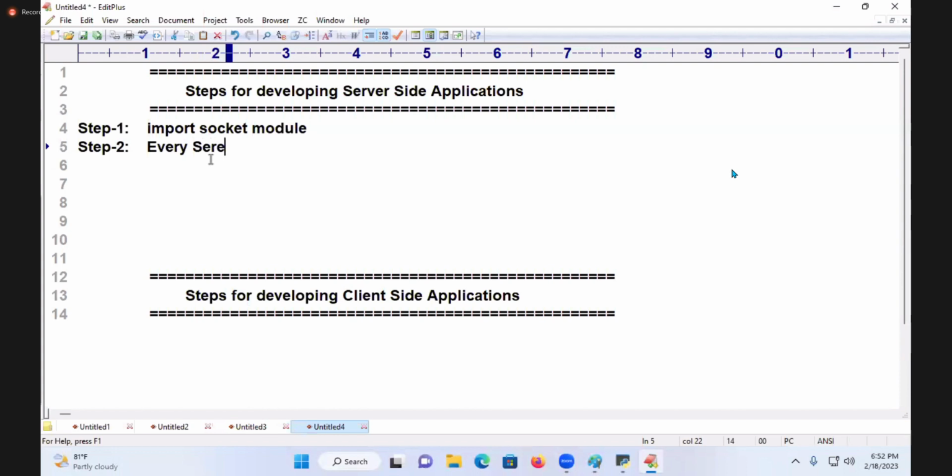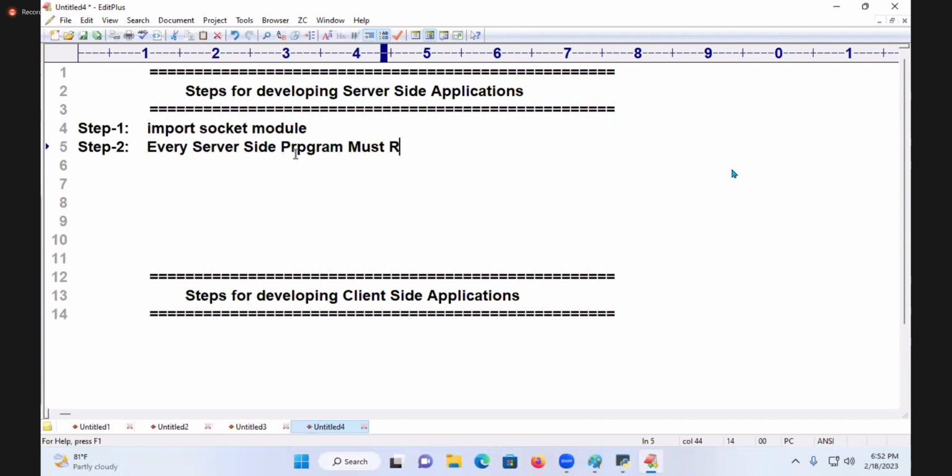Every server side program. This is a little away from you, so try to understand. Suppose I am a teacher who wants to become a server side program. I must bind with some institute or not? Understand? I am writing one Python program. That Python program has what qualities? Receiving request, processing request, having the capability to give the response. Such a type of program is called which program? Server side program. I must write every server side program